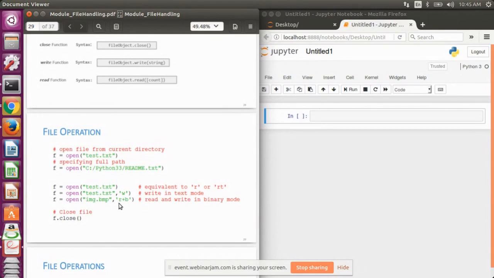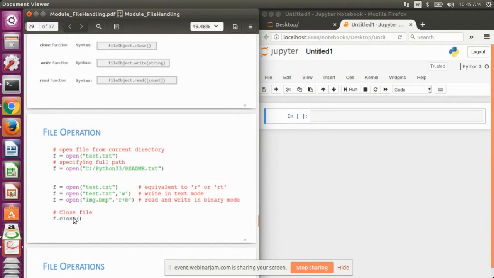If you want to open in the read and write mode, then we use R plus B instead of W, where R stands for read also, and B means that we want to write in binary mode. So here we want to perform both operations, read and write. If you want to write in the simple mode, that is in normal ASCII, we use W.